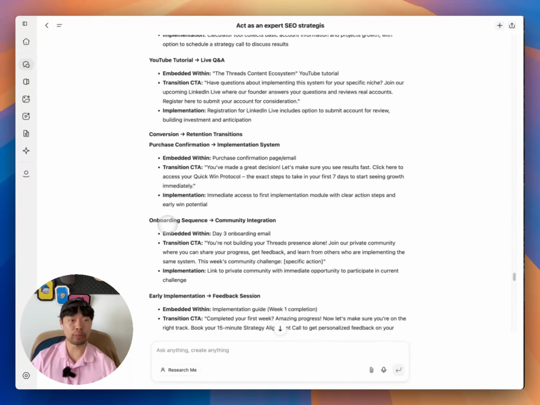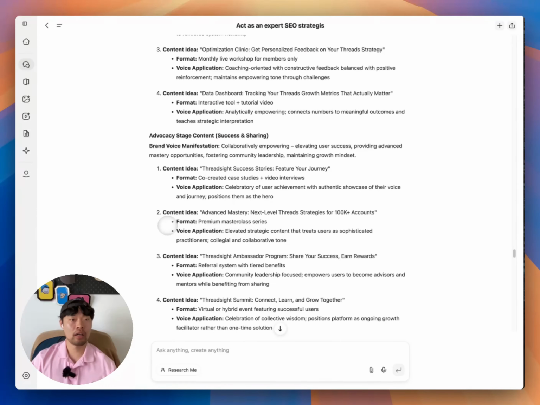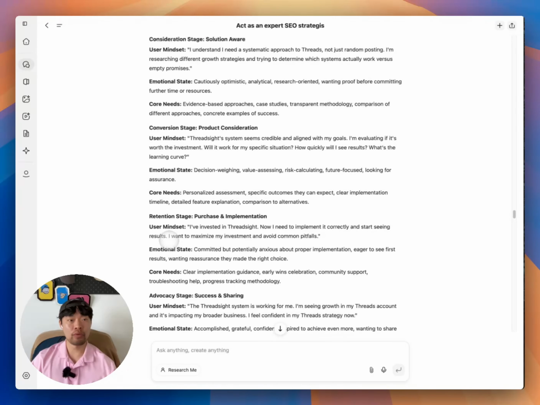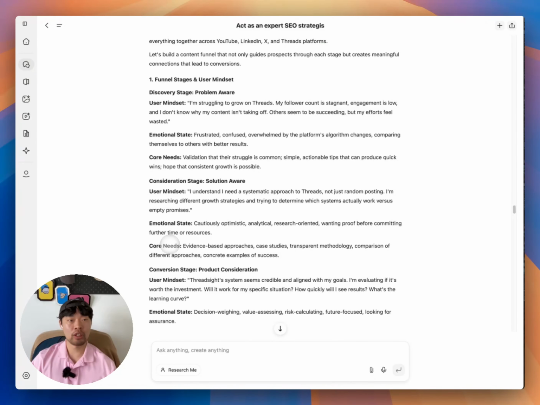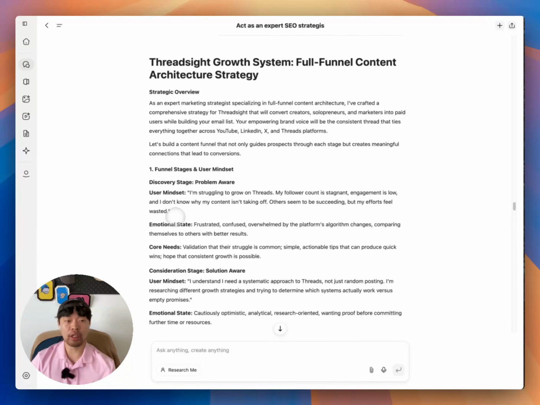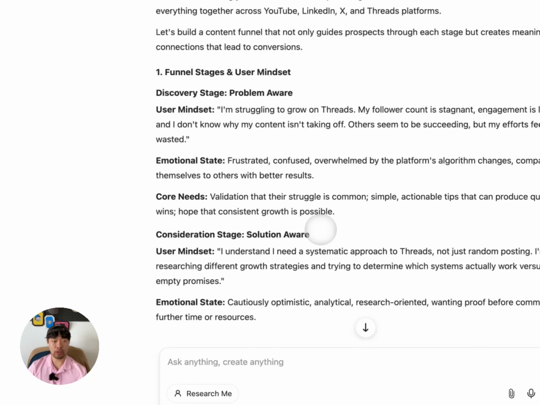This is Q's report. I'm not going to cover everything, but I just want to show a few things that I really like. The first thing is they cover different stages of the customer journey. So the first is problem aware and product aware, and the second one is solution aware.